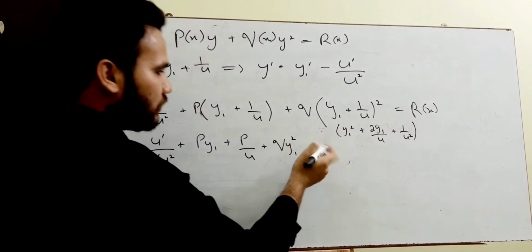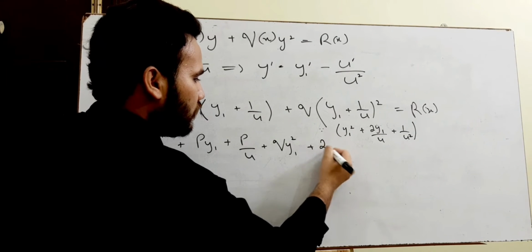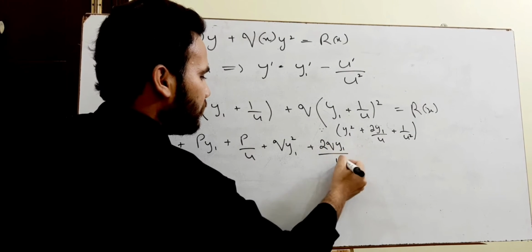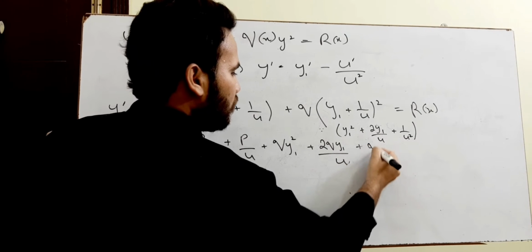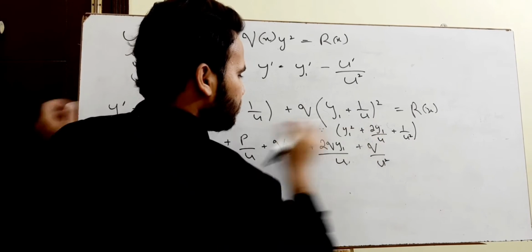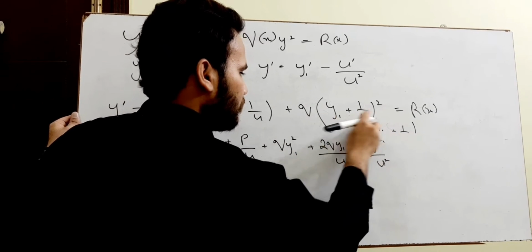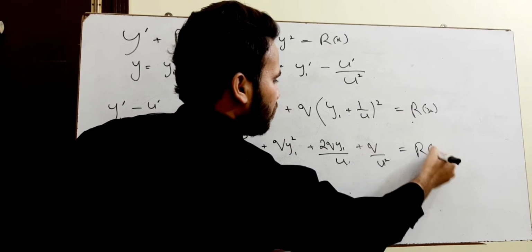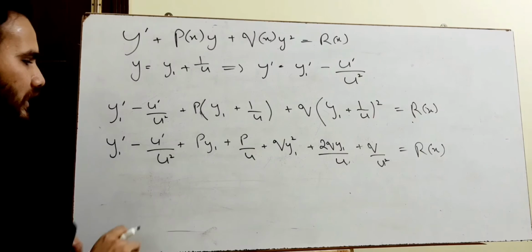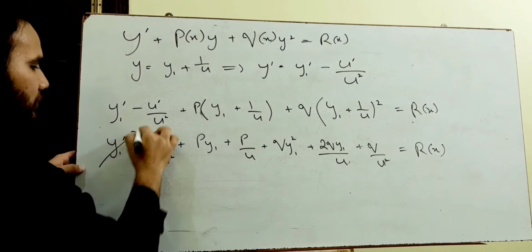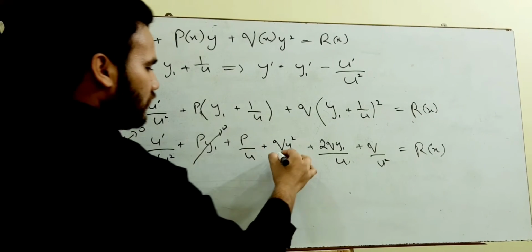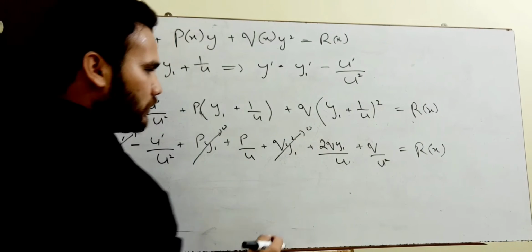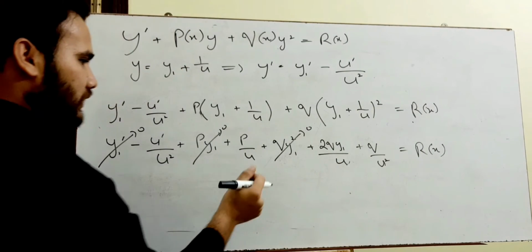So multiplying, q y1 squared plus 2 q y1 divided by u plus q over u squared equals r of x. If y1 is a particular solution, then again these terms will be 0, this term also 0, this term also 0, and so we have the remaining part